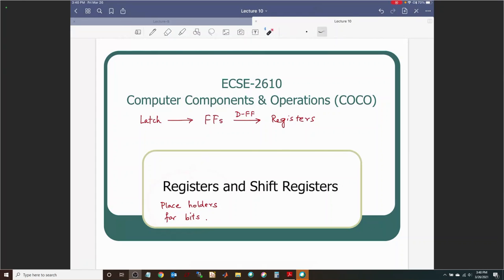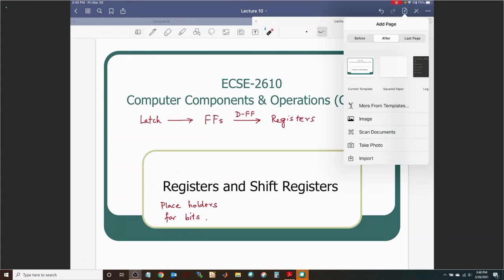And registers are also used for a variety of other purposes as well. We are going to be using them to load things into a register. We'll see how we can read things in parallel from a register. We'll also see how we can shift contents of registers. Now, just to give you guys some idea about shift registers, let me take a simple